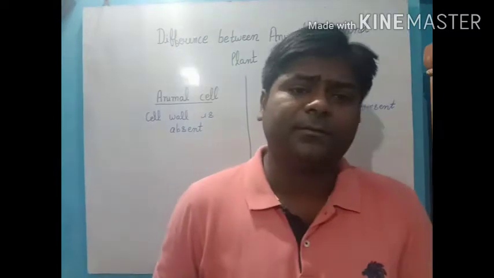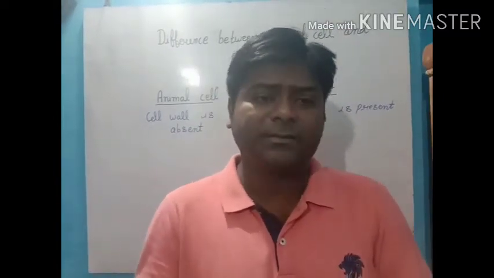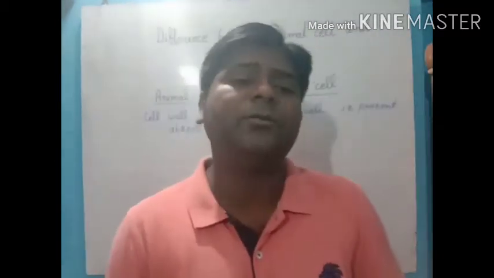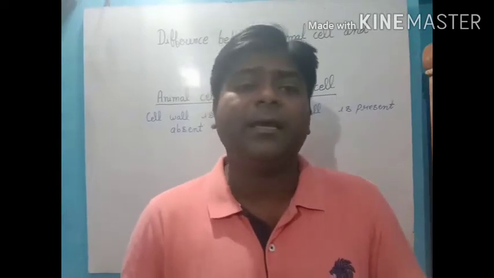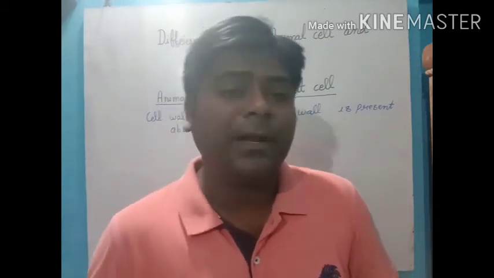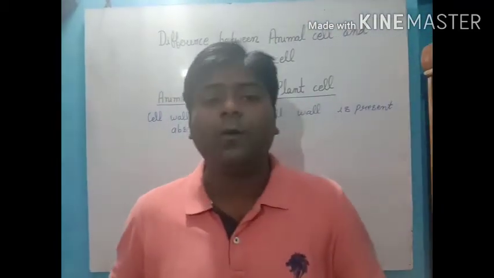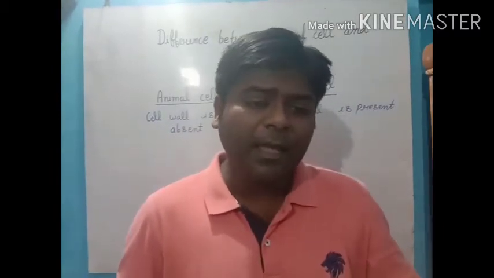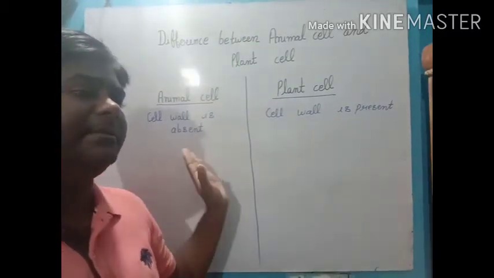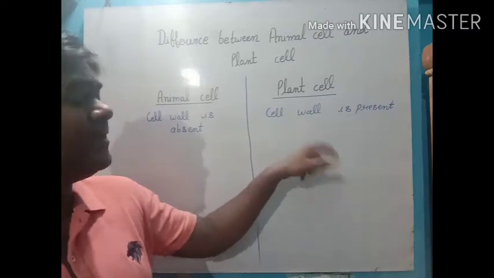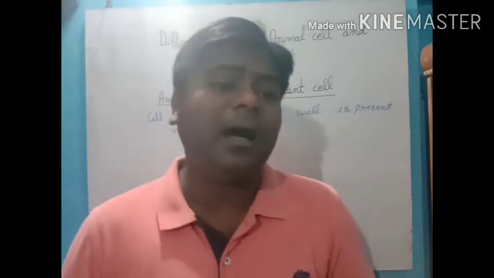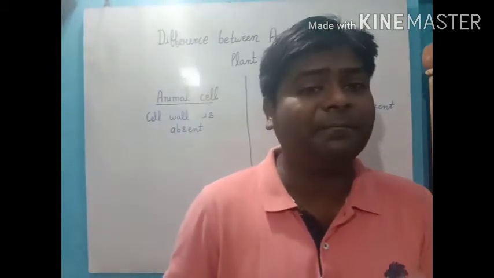Now when we discuss this point, we know that inside the cell there is a protoplasm. Protoplasm I taught you earlier. Cytoplasm plus nucleus is known as protoplasm. Protoplasm is surrounded by a structure that is known as plasma membrane. We also call it cell membrane. When we compare the two cells, plant cells and animal cells, here we have the additional covering around protoplasm, and that is known as cell wall. It is the outermost layer in case of the plant cell.